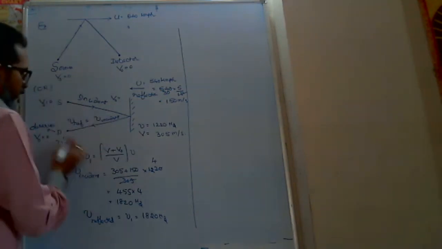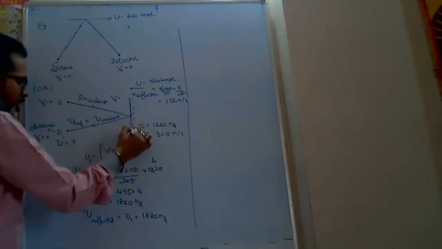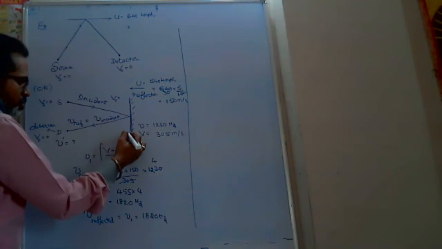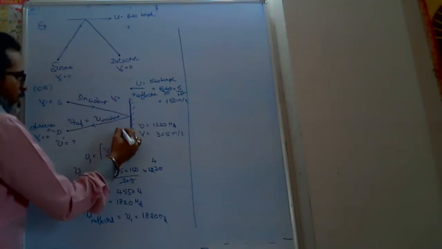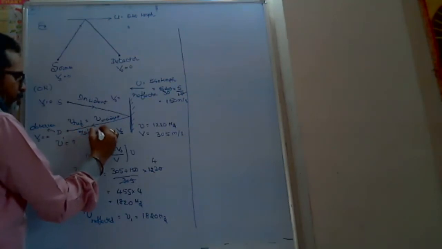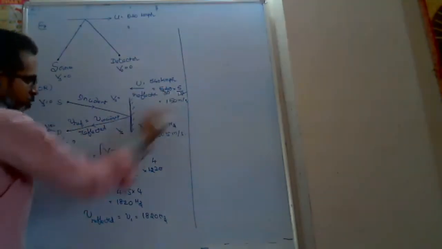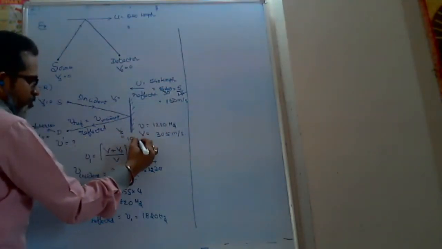While reflecting, is the detector at rest or in motion? The detector is at rest only, sir. At rest. And while reflecting, the reflector, the wall, behaves as source or observer? Right. So this time for the reflected wave, it behaves as source. The source velocity you already calculated, it is 150 now.